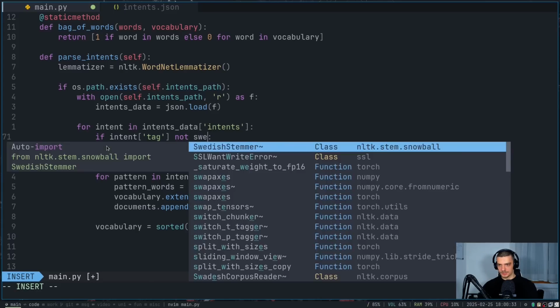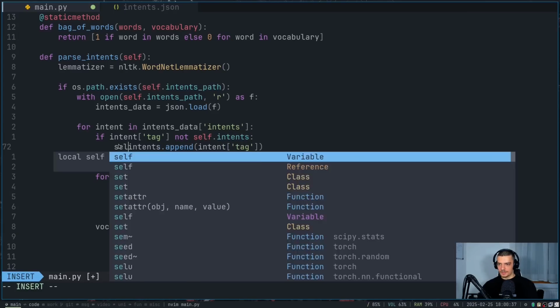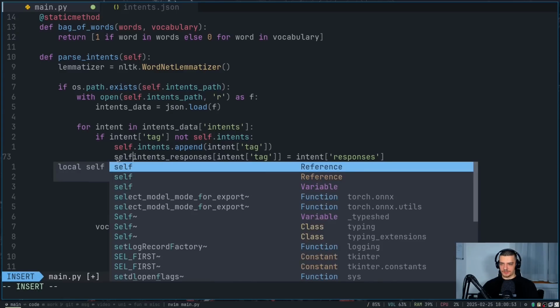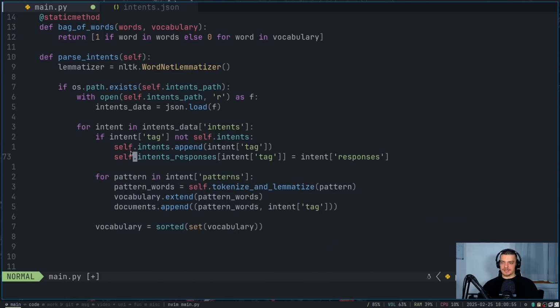So self.intents, and then also we need self.intents responses here. So basically we're adding the tag to the list of intents, to the list of tags. Basically we're adding the responses, the possible responses to choose from, to this dictionary here, and then we say for pattern we want to get the pattern words, and we want to say